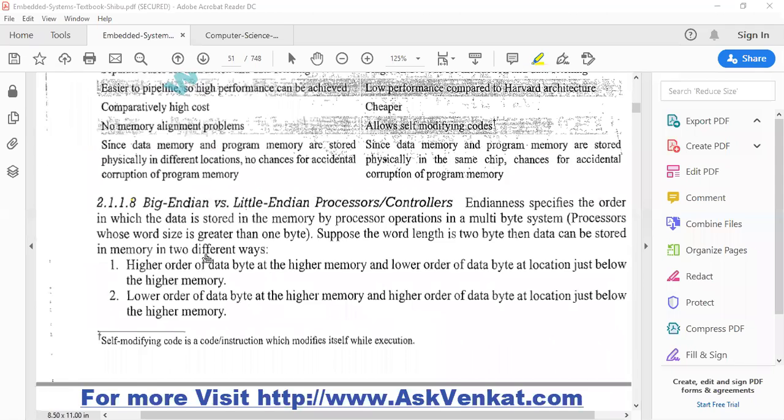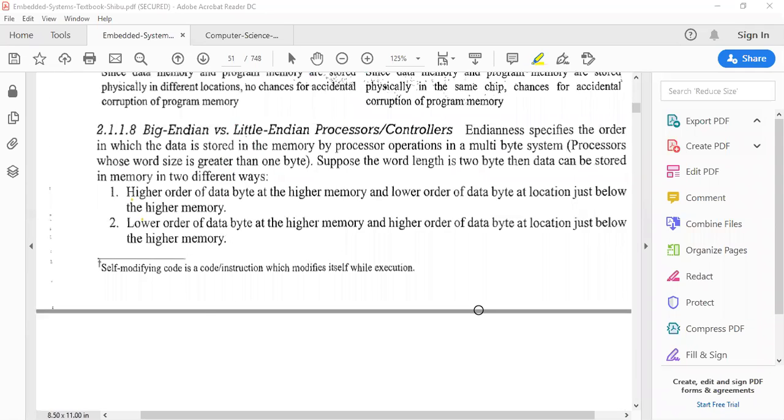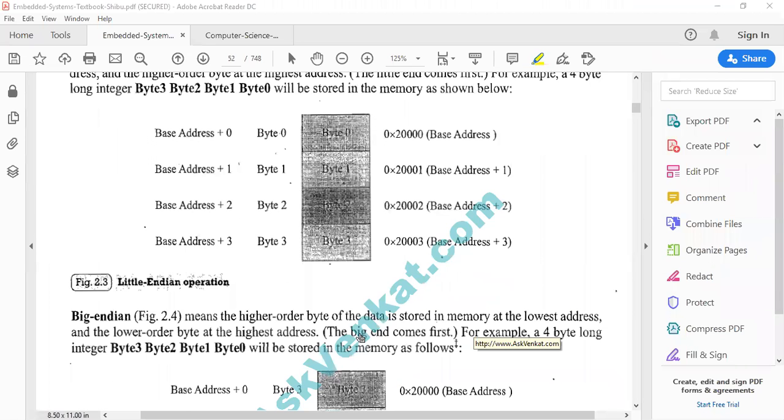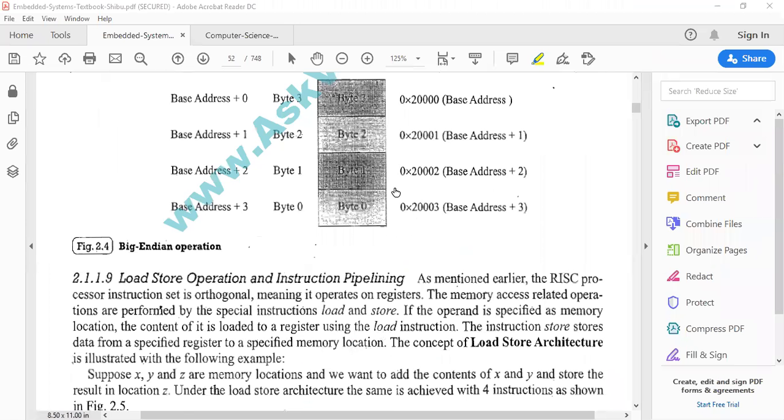Yesterday we were discussing the difference between the Harvard architecture and the von Neumann architecture. We saw again the little endian, the big endian, right? So in the little endian, what happens? The lower byte of data is stored at the lower order address, and vice versa in big endian, that is, lower byte of data is stored at the higher order address. So that is exact. You may get a question on this: briefly explain the little endian and the big endian concepts with a neat diagram and examples. I had shown that last class.